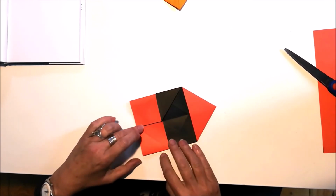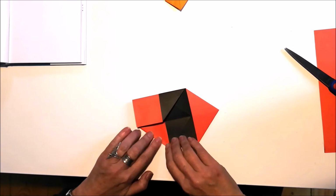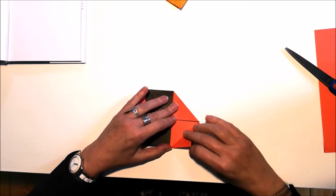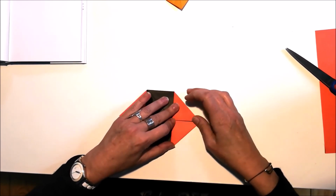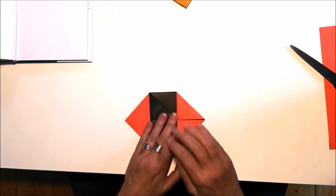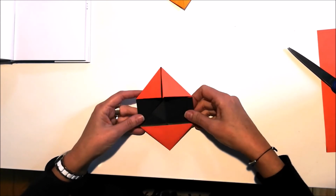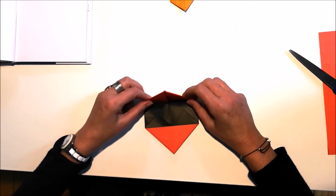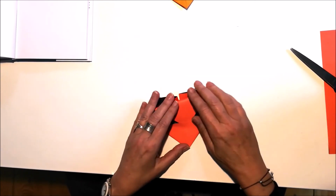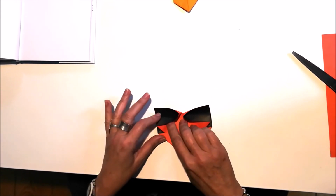Our next step is to take this one, and you'll see that fold is already there. Fold it over like that, and we'll turn it around, and we'll do the same with that little one. Okay, so now it looks like this, and we have to flip this point into that pocket over there. Now what's important is to actually try and roll it a little bit here, because as you flip it, you're going to see this is going to come up, and that's fine. Put that in there, roll it a little bit. We need to get it, there we go. Pop it in there,